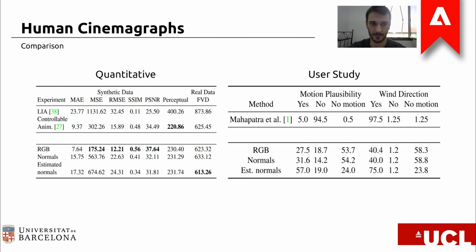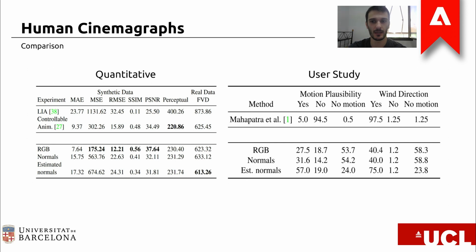from synthetic RGB. One of the observations we make is that training with RGB data gives the best results on synthetic data, but cannot generalize to real data due to the big domain gap. As we move towards the normal domain, we notice a slight decrease on quantitative metrics, but better qualitative results on real data. Due to the challenges in measuring the quality of the predictions with numerical errors and metrics, we ran